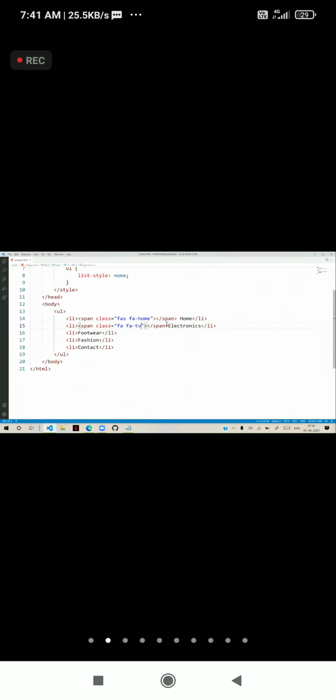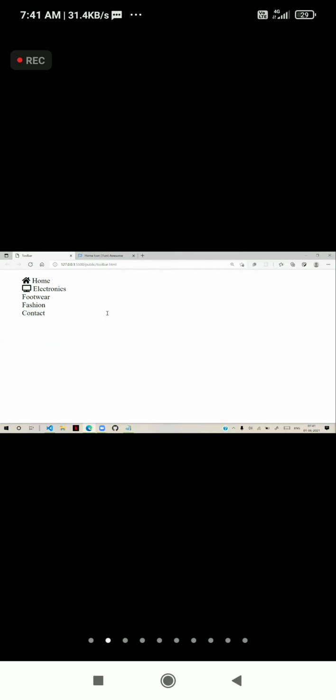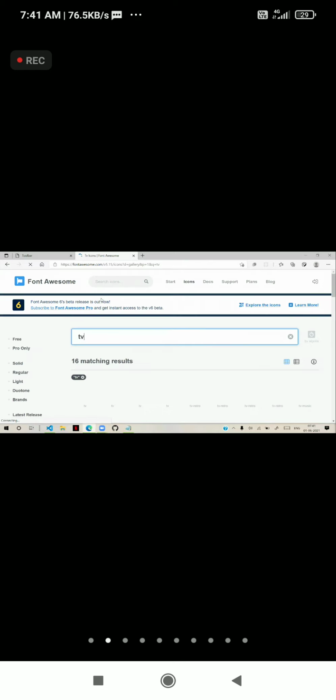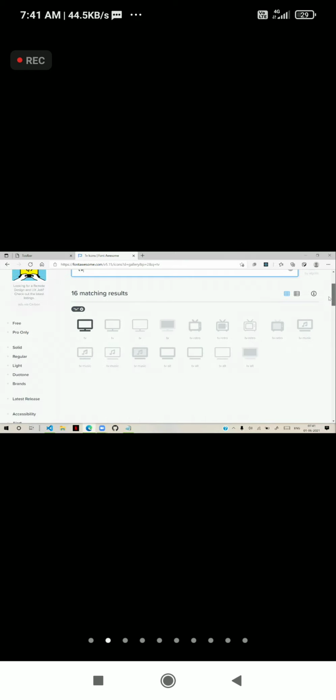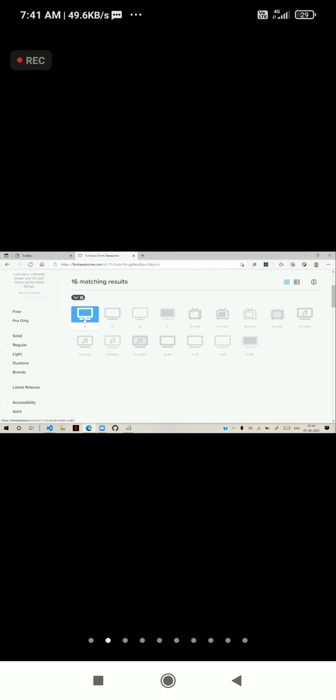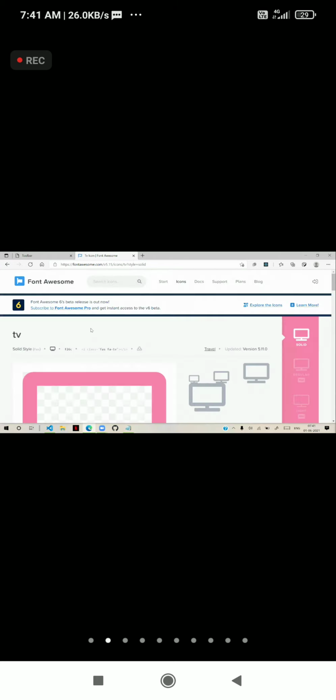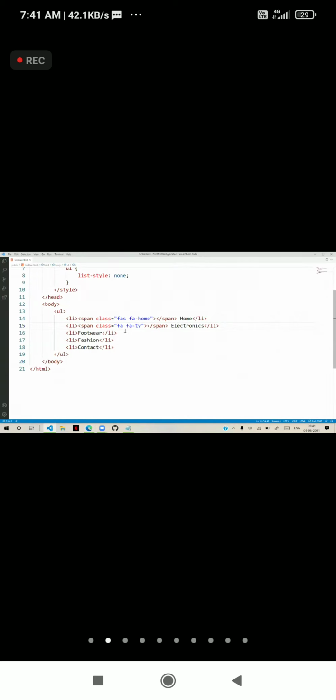In that you search for the TV symbol in the Font Awesome website, and you see TV is there. When I go to TV, the class for the TV is also FAS, but I just used FA because FA is the base class.